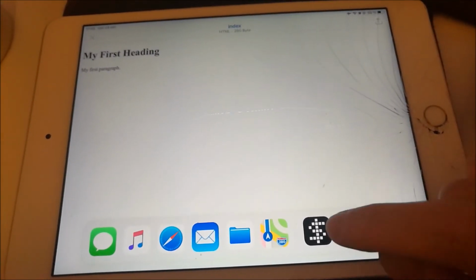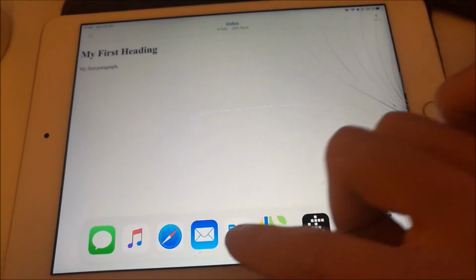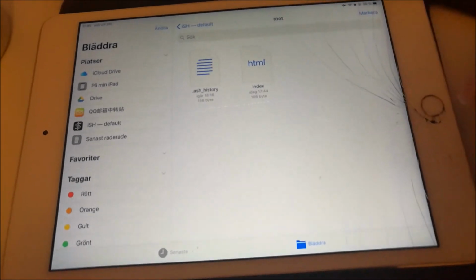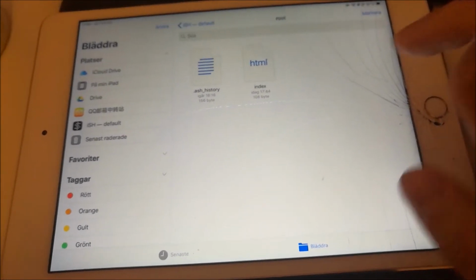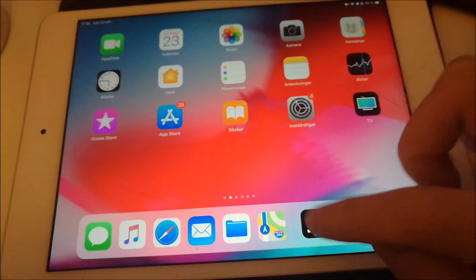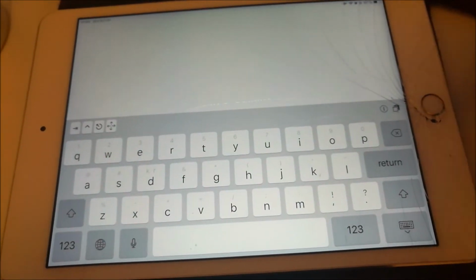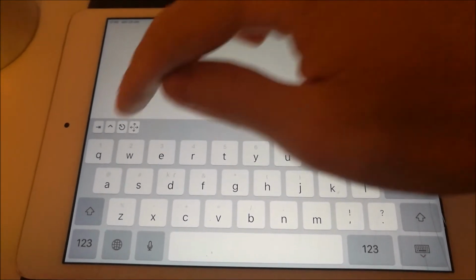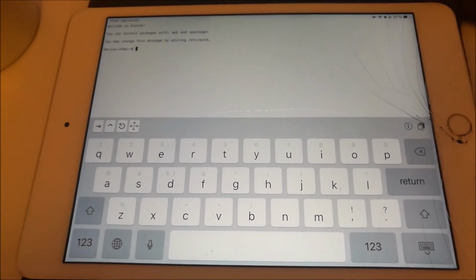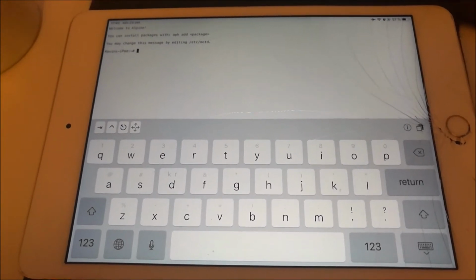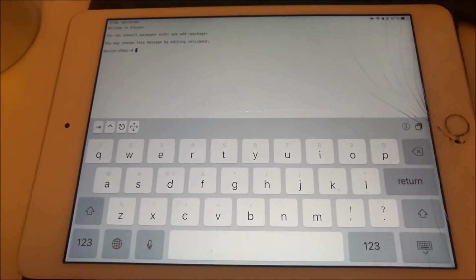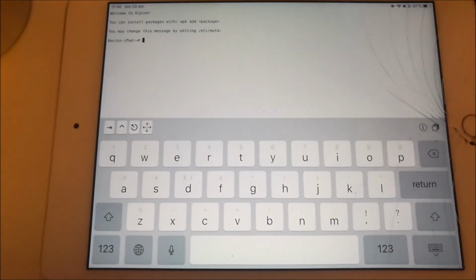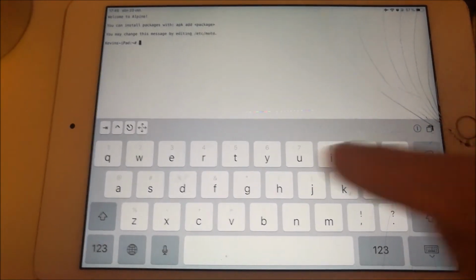So now if you look in Files, you can see inside the root we have already saved it as index. Right? So now we have done that, and we're going to open the iSH Share. The first thing, we're going to turn it on by clicking on this. This pops up the command screen. And then the next thing we are going to do is add Python. And in order to add Python, we just click